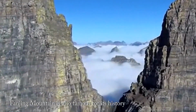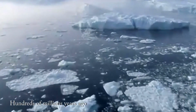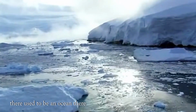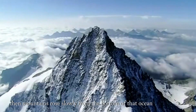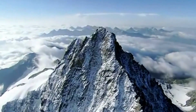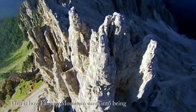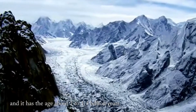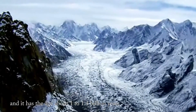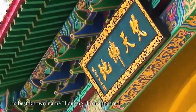Fanjing Mountain is also famous for its history. Hundreds of millions of years ago, there used to be an ocean there. Then, mountains rose slowly from the bottom of that ocean due to the force of the earth. This is how Fanjing Mountain came into being, and it has an age of about 1 to 1.4 billion years. Its best known name, Fanjing,